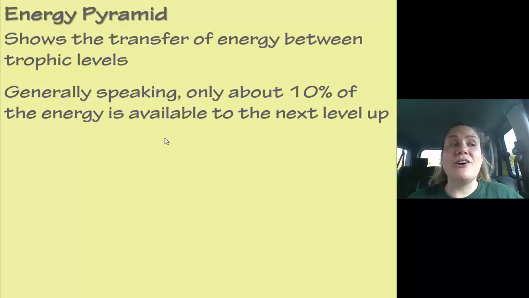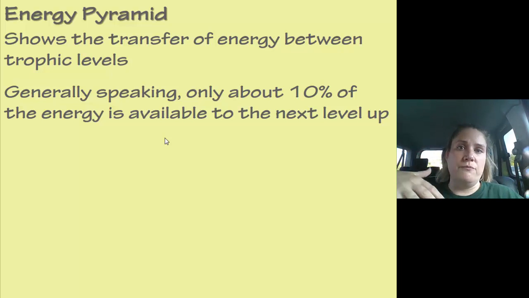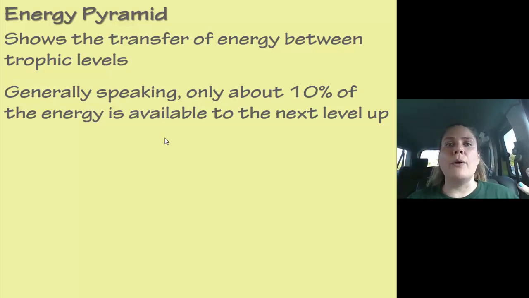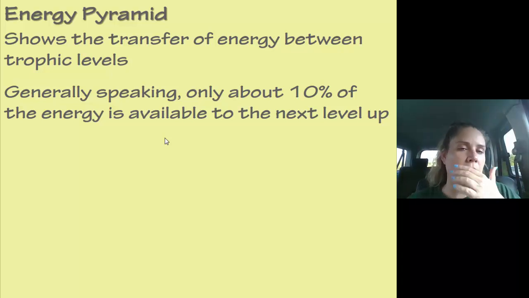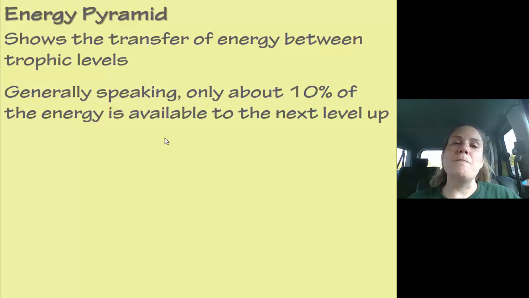Okay, so what it actually does is the organism uses that energy, right? So I'm using energy right now to talk and regulate my body temperature. It's getting really hot in this car, by the way. Regulate my body temperature and move my hands around and breathe and do all the different things that I need to do to keep my body going. Okay, so I'm using 90% of the energy that I've eaten, but then 10% of it is getting stored in me so that if somebody comes along and eats me, Sasquatch walks up and gobbles me up out of the side of my car in the middle of the day, that 10% of the energy in me is going to go to Sasquatch, or 10% of the energy I've eaten is going to go to Sasquatch, and the other 90% I've used up for myself.